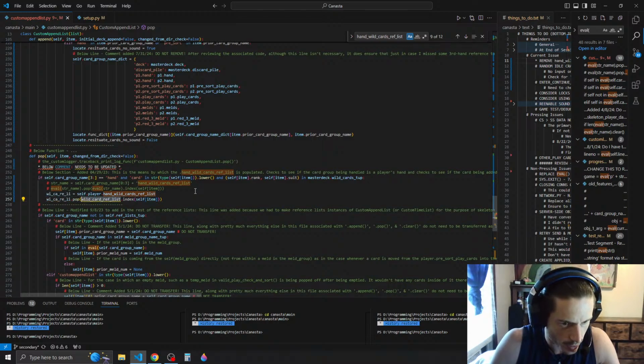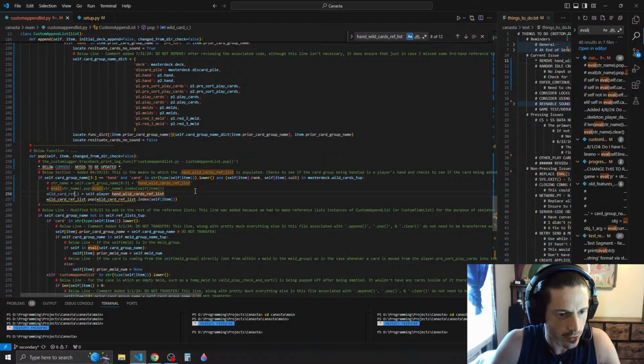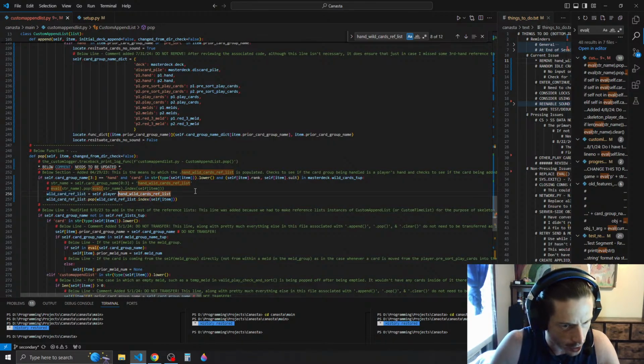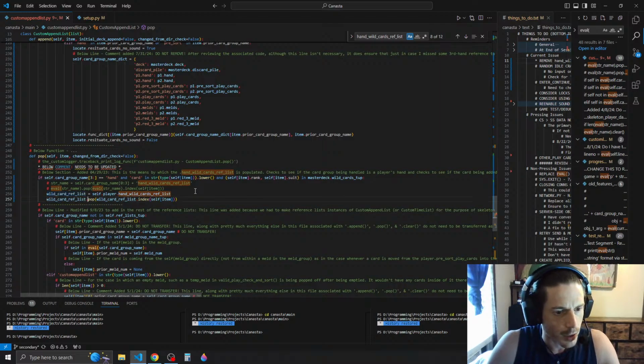If the purpose of it is to shorten it, I don't like that. I'll just leave it. This is short enough. There's a certain length where it becomes too long to read easily, and it's not past that length right here. So wildcard ref list equals self.player.hand wildcards ref list, and then say wildcard ref list dot pop, wildcard ref list dot index at self